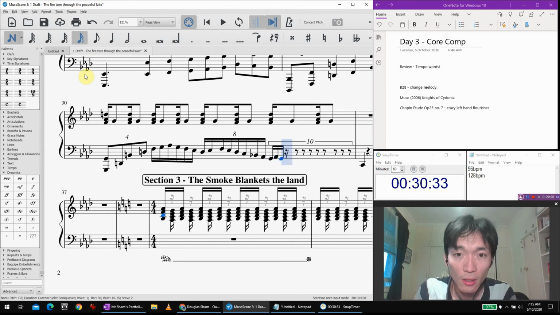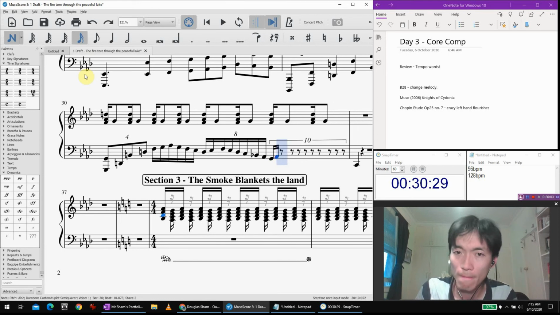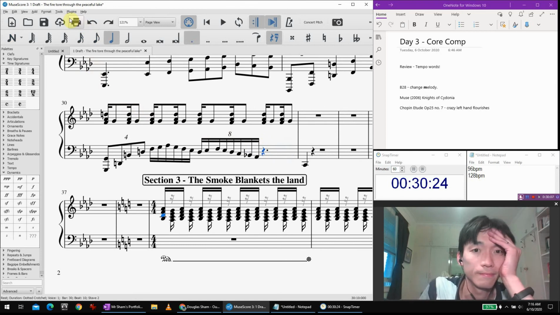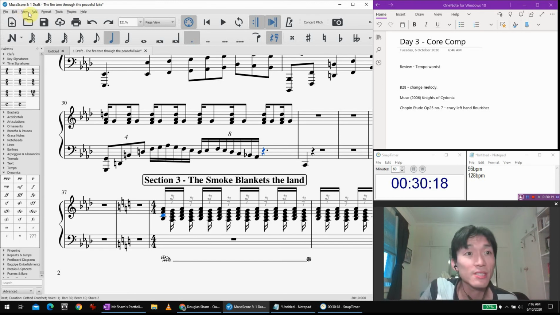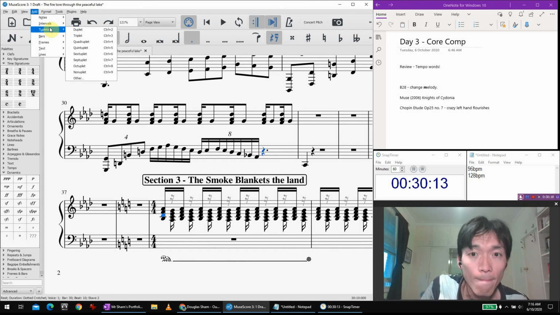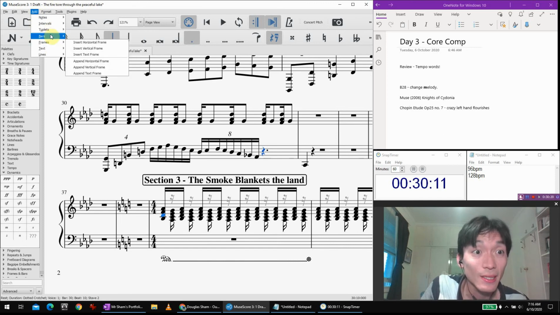G. I'm gonna try that again. 10 on 6, because I'm cramming 10 semiquavers into 6 semiquavers worth of time. 10 on 6, I think.